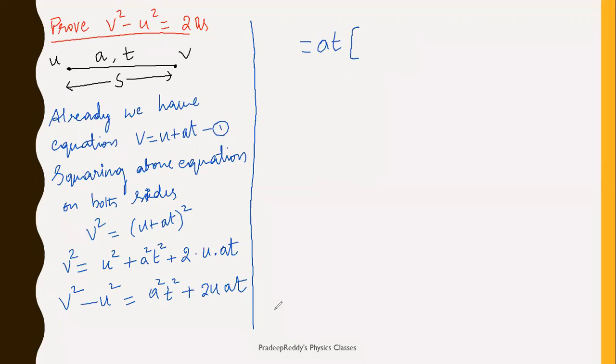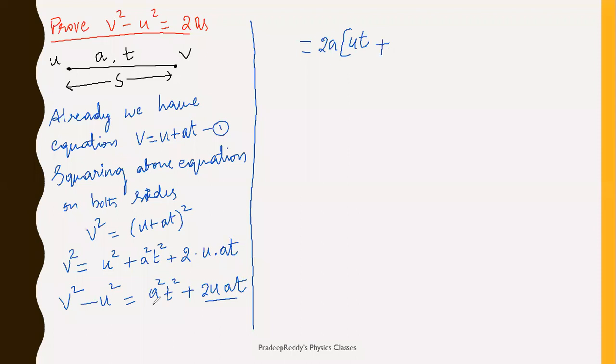Or else, instead of taking at common, we need to get v square minus u square is equal to 2as. So therefore from here I'll simply take 2a common. If I take 2a common here, what is left over here? That will be ut